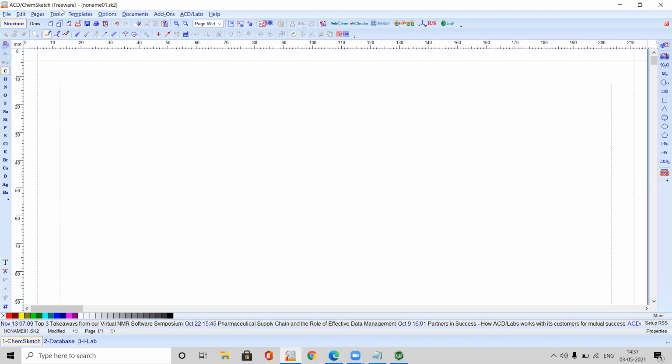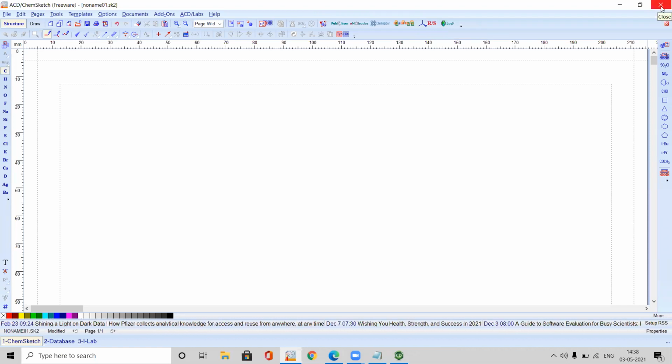You can download it from the ACD website. If you type in Google free download of ChemSketch software, it will give you the link. Go directly to that link, download, install, and try to practice drawing chemical structures. You can even look at 3D structures. By drawing normally, you can change these 2D structures into 3D structures. You can go with RS configuration also. If stereoisomers are present, it will give stereoisomers also. All this information will be present in these softwares.